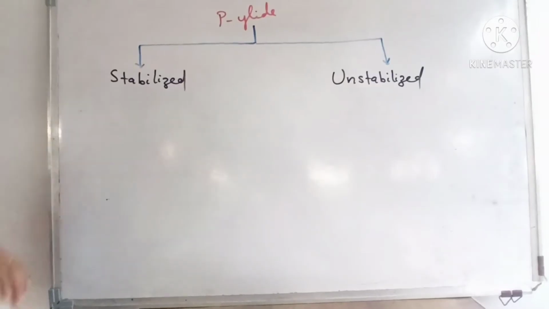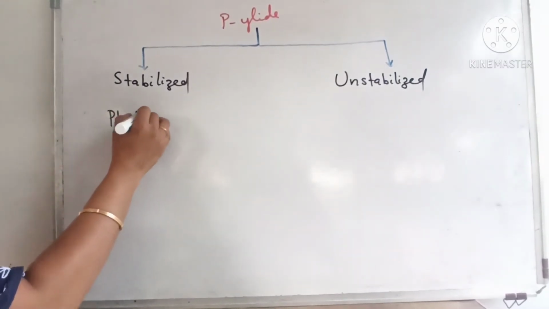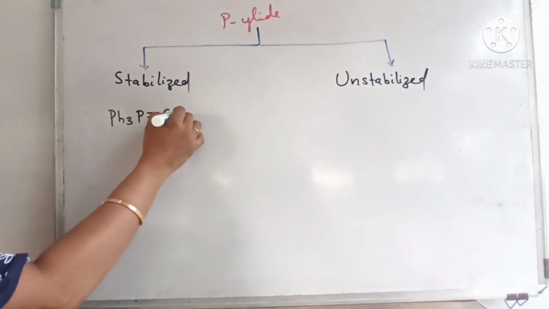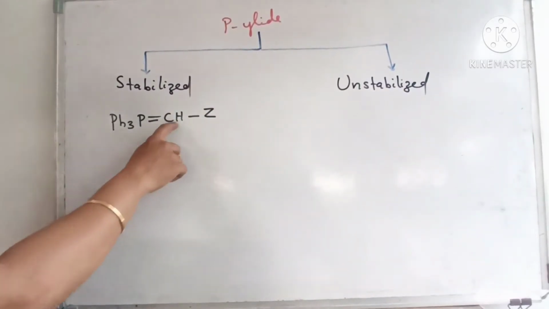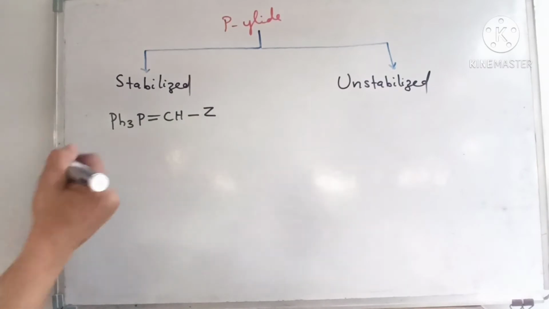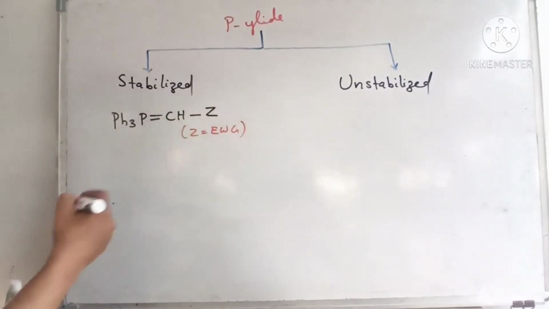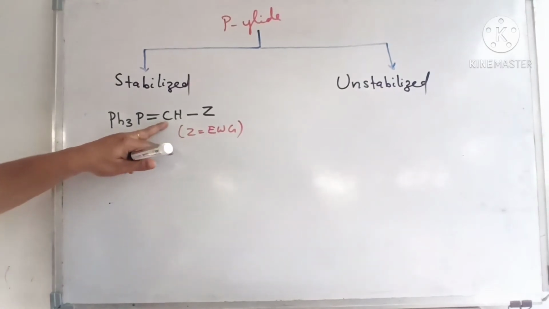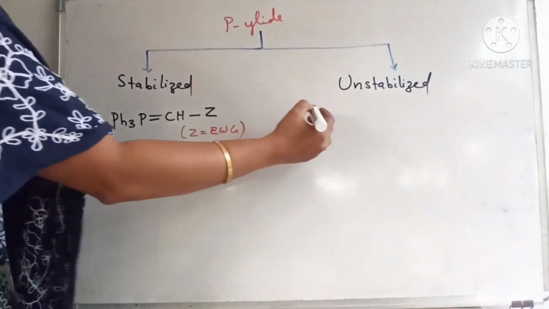So in stabilized phosphorus halide, as we have seen in the case of sulfur halides, the carbon atom will be attached with an electron withdrawing group. So there will be an electron withdrawing group over here. Then only it will be stabilized. Okay, this carbon is attached to an electron withdrawing group. Now unstabilized